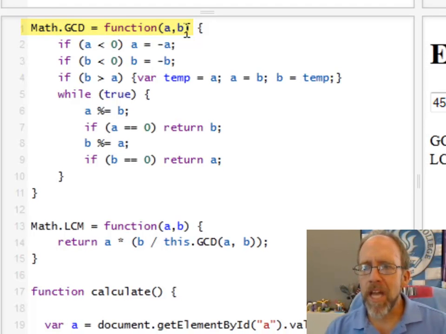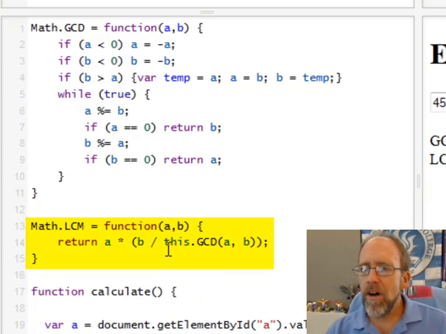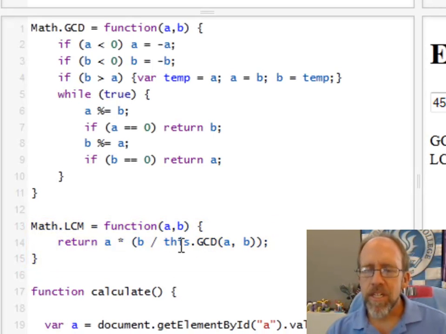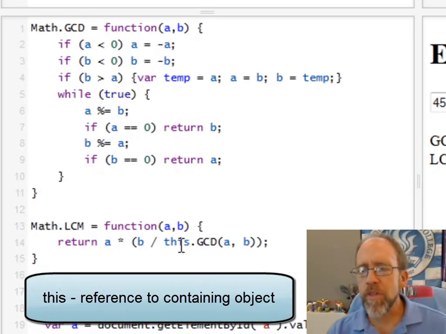The function requires two arguments, A and B, and then you have all of the things that go with doing the calculations of that function right there. And this is just a really straightforward iterative-based solution for the greatest common denominator. That's it. That's all there is to it. The least common multiplier actually has to make a call to the GCD function. I want to point out that that call, because Math.gcd is defined, is this.gcd. In other words, this is a reference back to Math. So it's calling a function within its own library, and it is a function within the library.